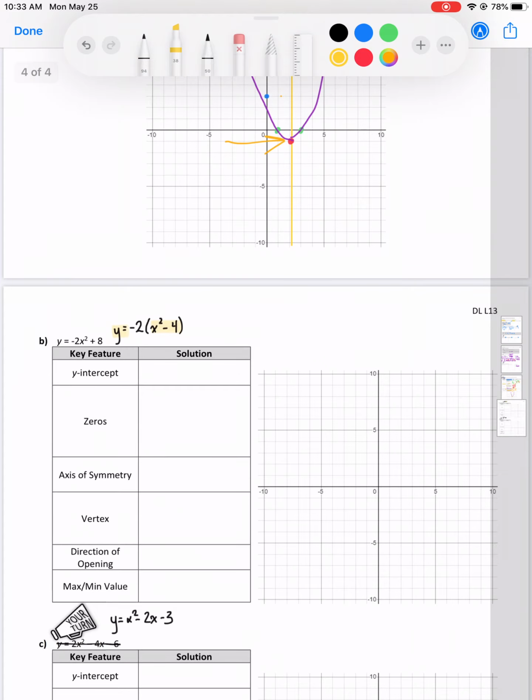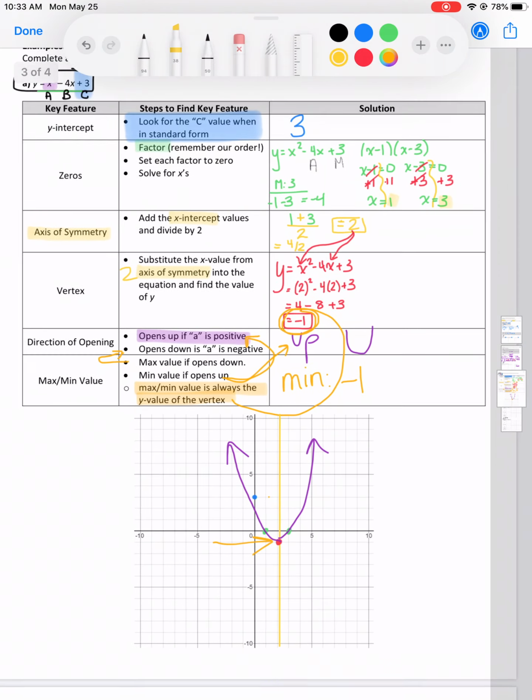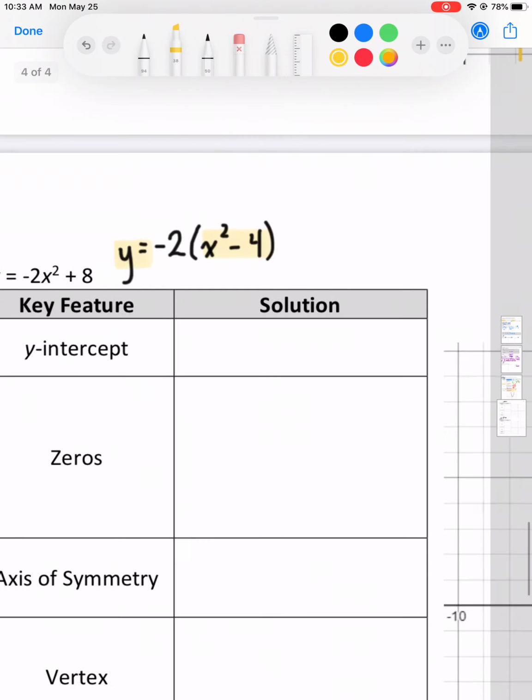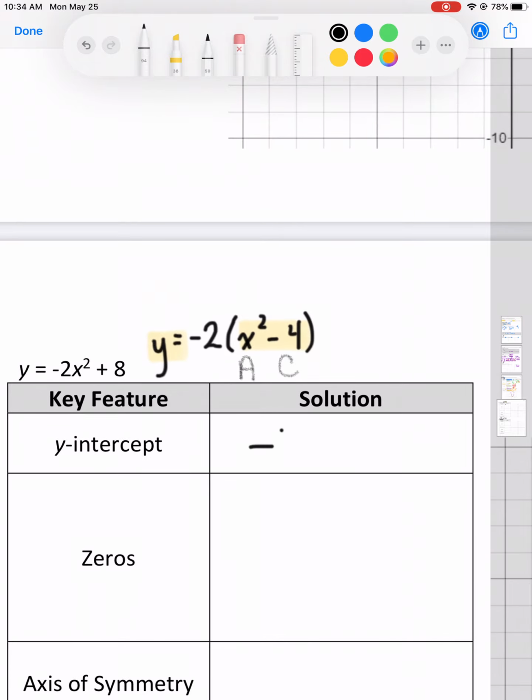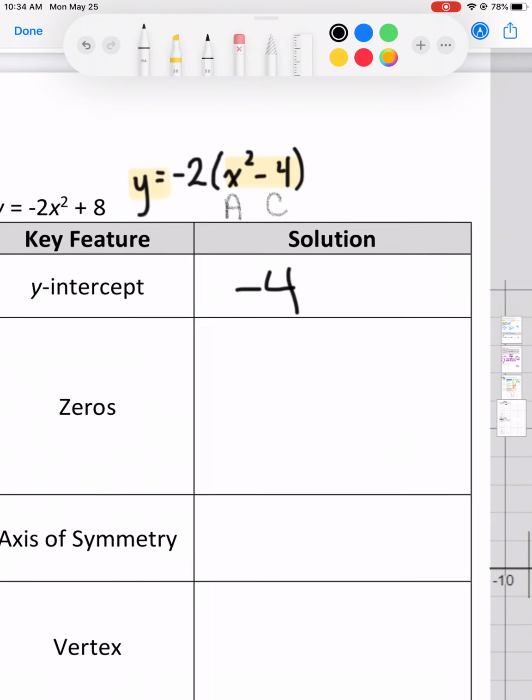Okay, so y-intercept. If you look up here, look for the c value, where c value is -4, because if I do ABC, A, there's actually no B, because B has the X, and C. So it's -4. My zeros,